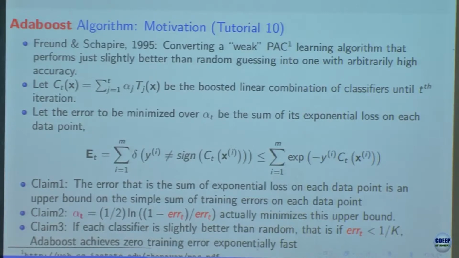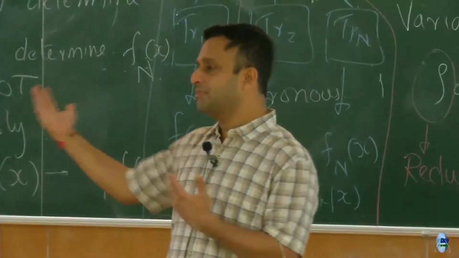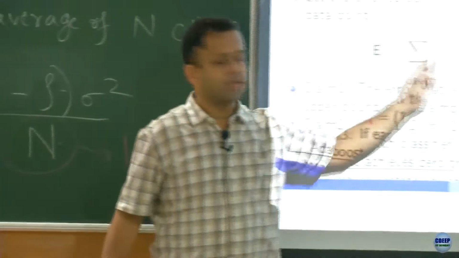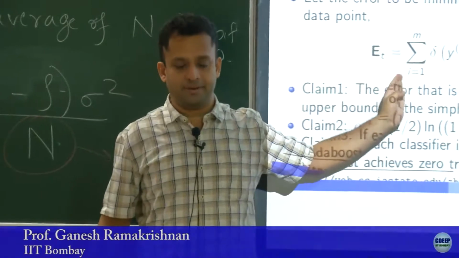If you consider C_t to be the boosted linear combination of classifiers until the t-th iteration, and if you consider this slightly strange looking error, which is really a justification post hoc. You develop some intuitive, nicely working classifier and then there is some justification. So if you consider this error, which is basically the delta error,